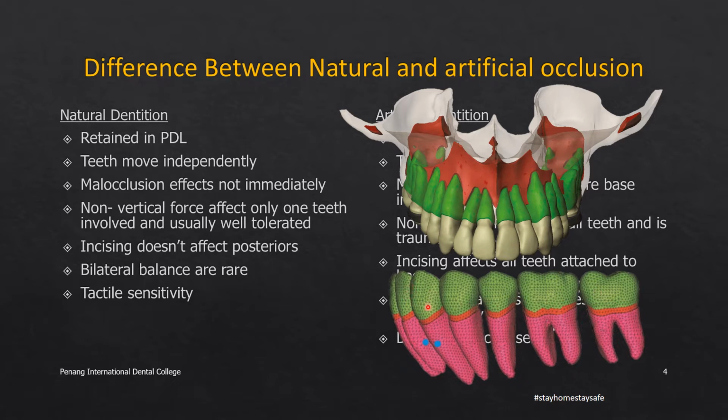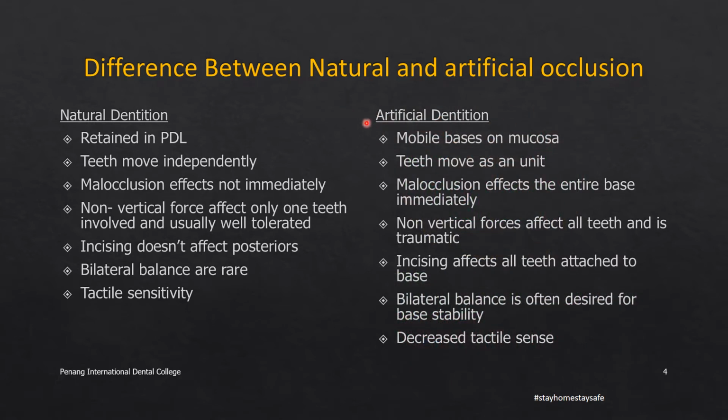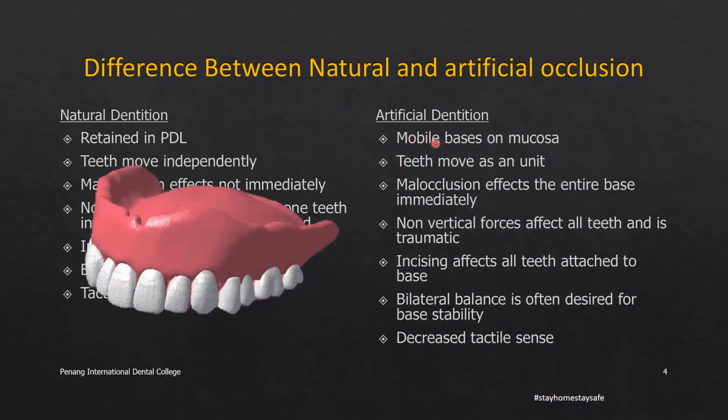It is governed by different factors such as we can see canine guided occlusion, we see group function occlusion, we see maximum intercuspation. Also, because of the PDL, which contains various receptors, namely mechanoreceptors and proprioceptors, the teeth have excellent tactile sensibility. Whereas when you look at denture teeth, that is artificial teeth, denture teeth are anchored to mobile